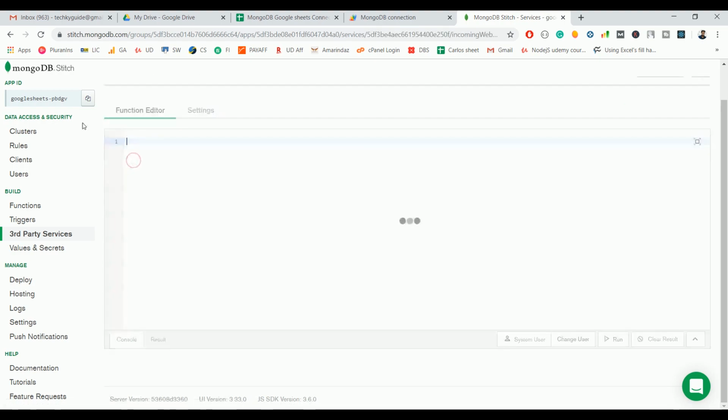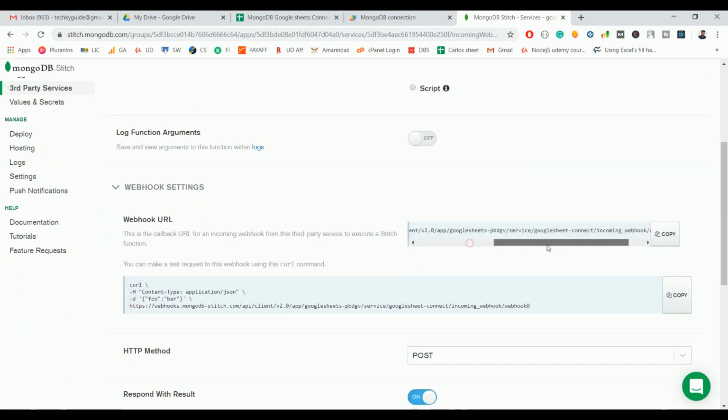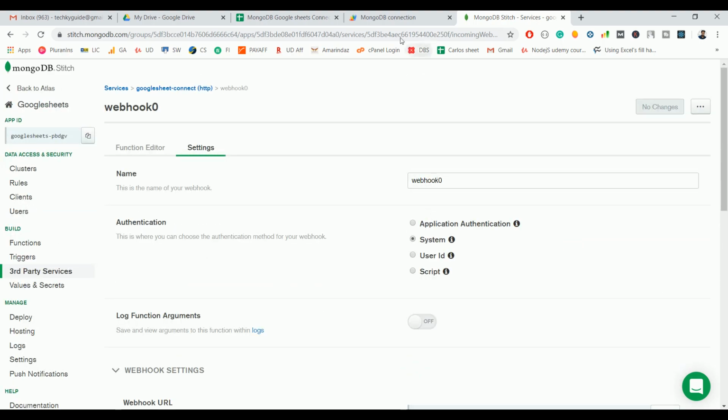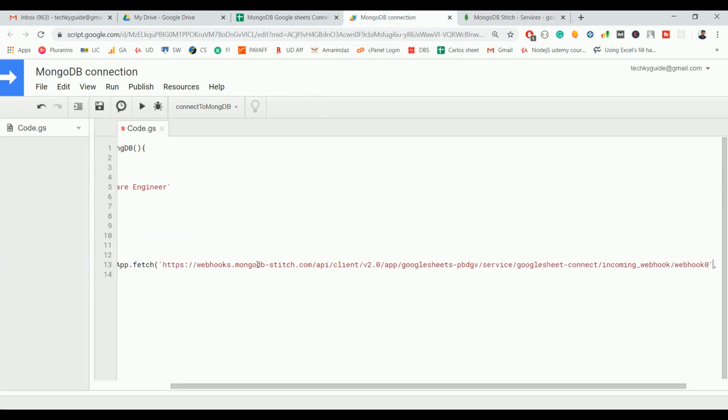Click on the webhook and go to the settings. Now scroll down. If you see, you can find the webhook URL. Just copy the URL and now go to your Google App Script. Paste the